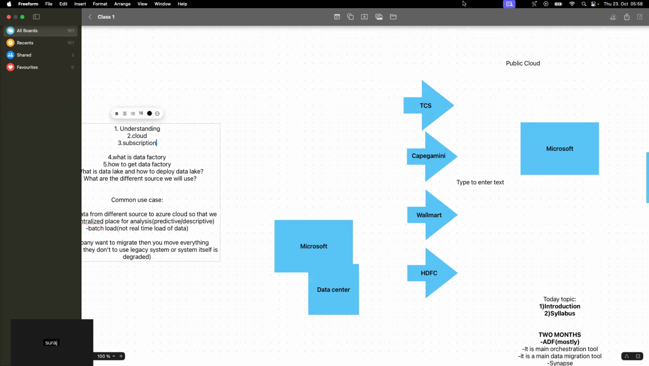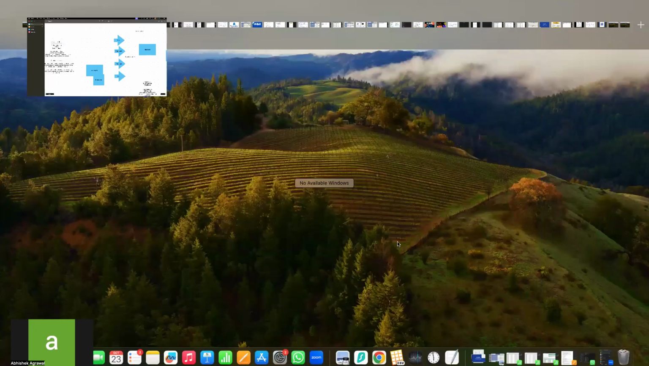Abhishek, in ADF, can't we do minimal transformations like parsing the data? You can do that. Okay. Yeah. For the complex transformations, we go for Databricks, right? Yeah. In Databricks, you can do all the standard transformations such as